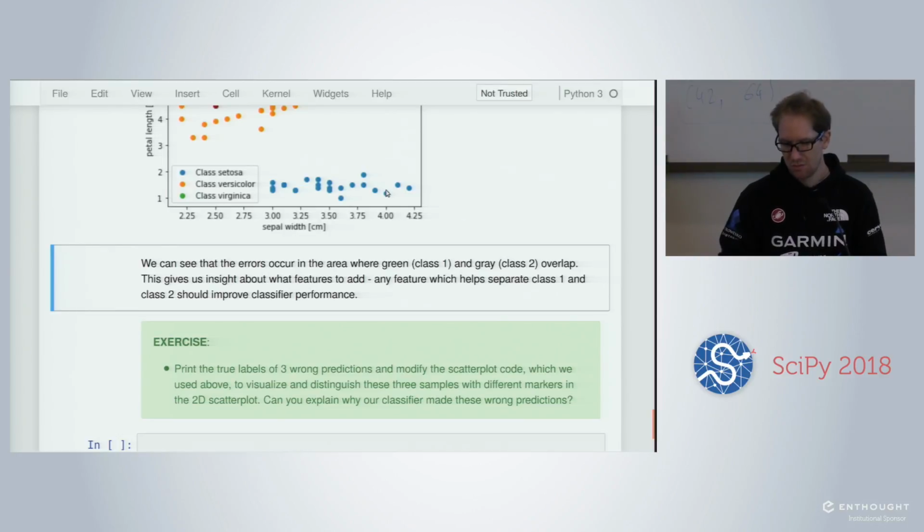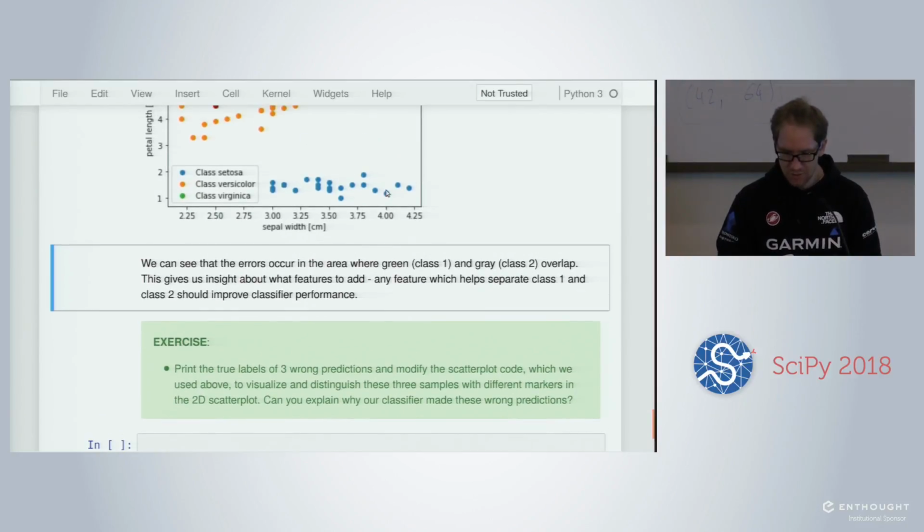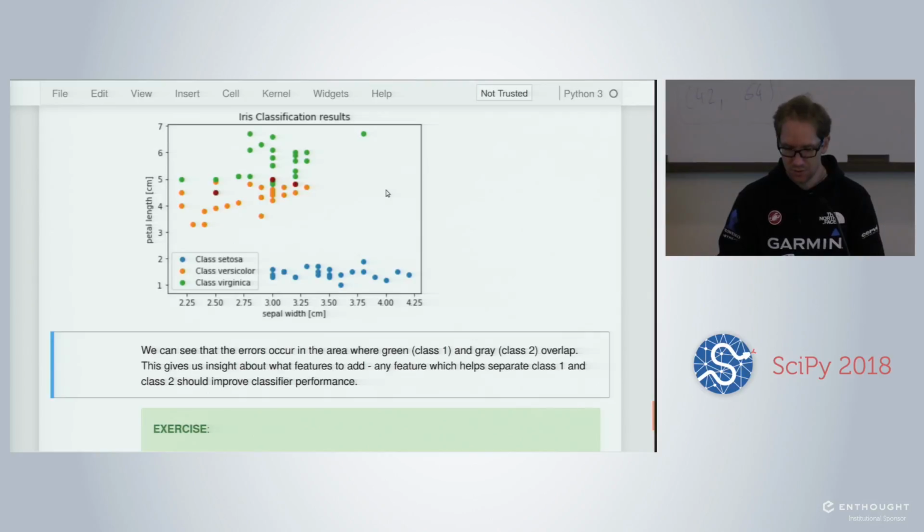Now we can even try to go a bit more in depth by checking which of the labels have been correctly classified. We can use numpy.where, and we say, okay, when predict y agrees with the test y, it will give us a list of the indices that are well classified, and we can do the same with the indices which are not correctly classified. So in that case, we have 3 samples which are not well classified.